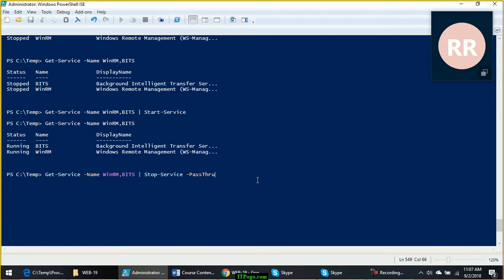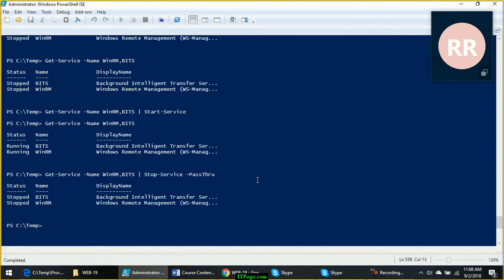I will show you that example as well, but before that let us see what will happen when you use PassThru. Ideally it is not going to show you the output, but here with PassThru it will show you the updated output immediately after starting or stopping. When you use PassThru, it will produce the output object and it will allow the output objects to flow further in the pipeline.